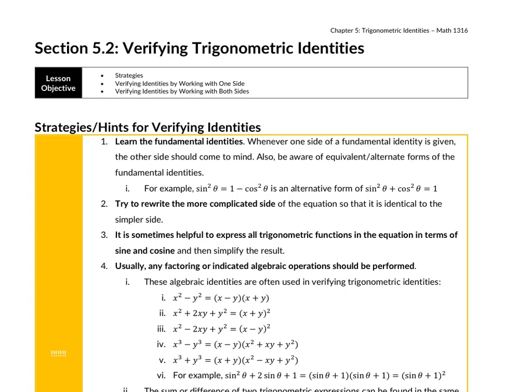So section 5.2 goes on from 5.1. In 5.1, we were just reducing or simplifying trigonometric expressions. Today, we're going to be verifying identities. So we're going to have to basically do a short, informal proof of why some things are equal to the